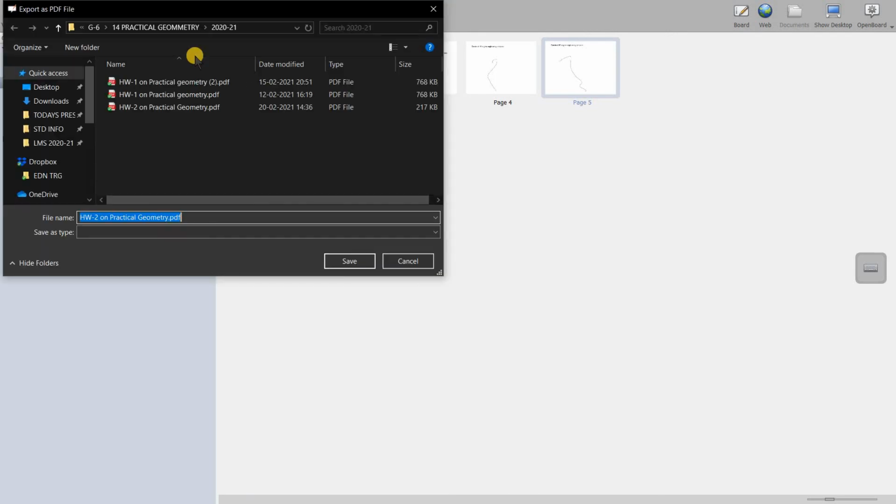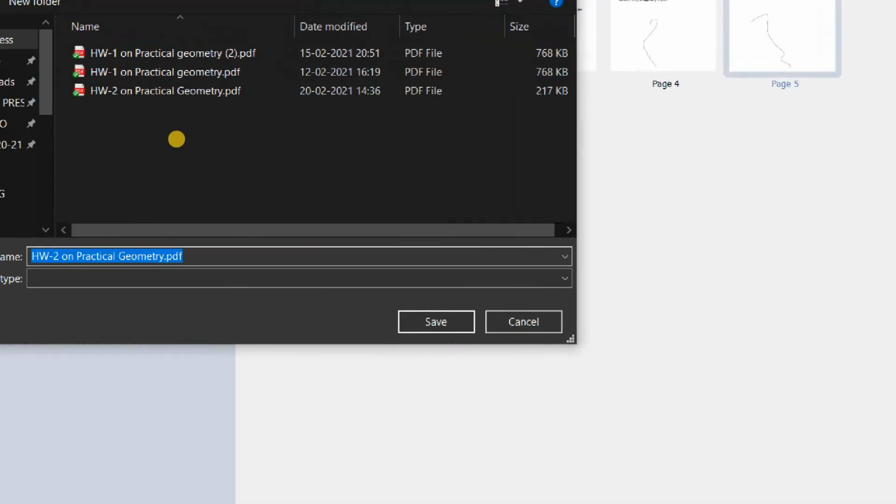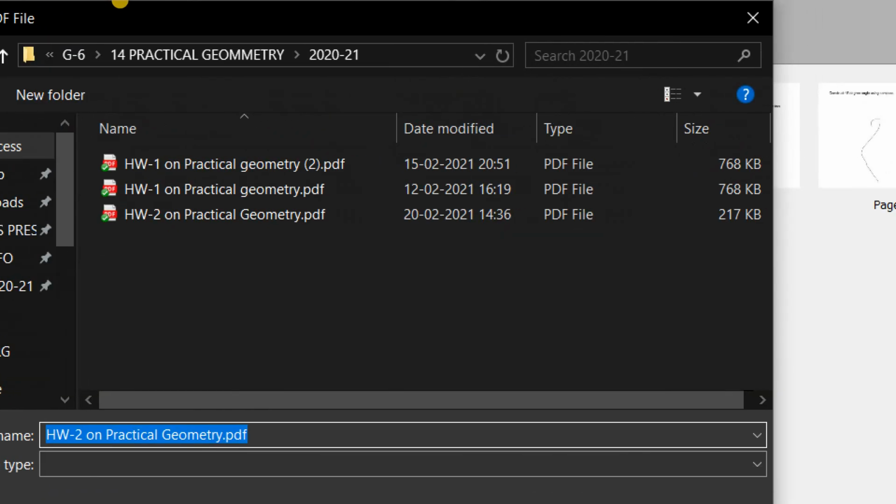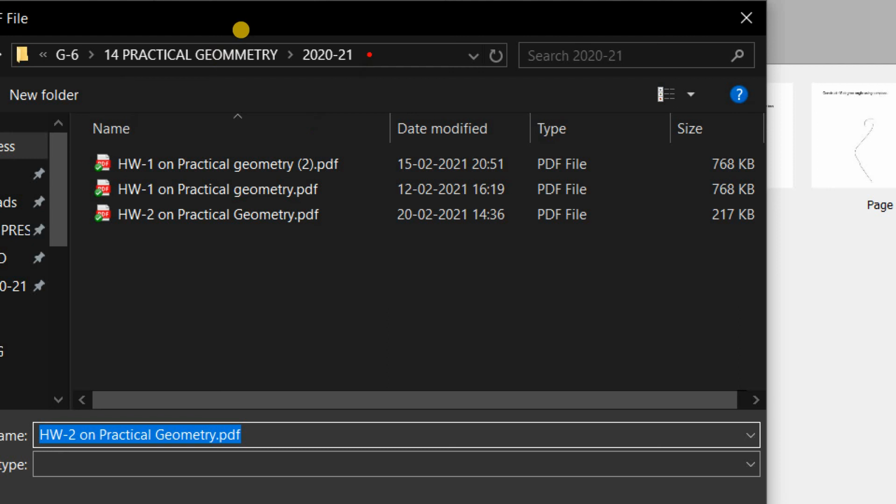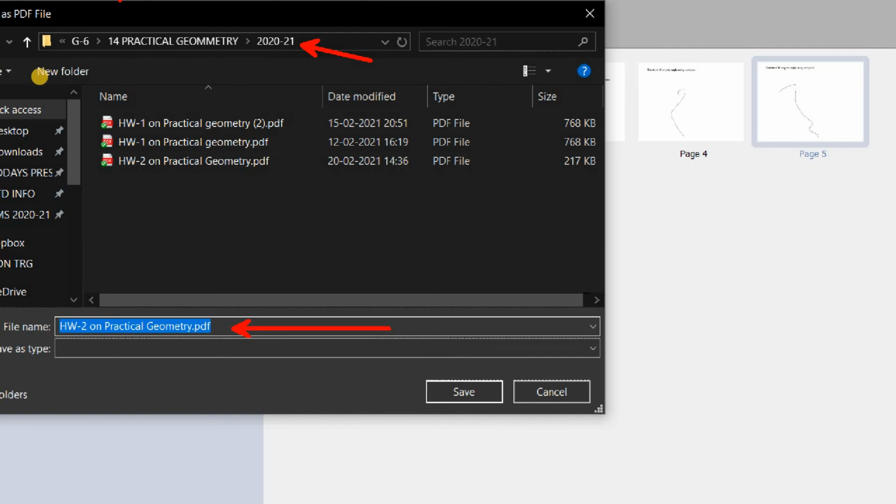Yeah, it is now ready. You can see it. I will zoom it and show it to you. See here, now it is asking. This is the folder where it suggests us to save, and this is the name of the file. So I can change a name also. I can change the place where I want to keep, and then I will press save.